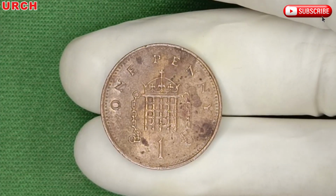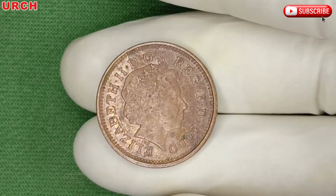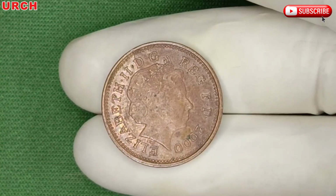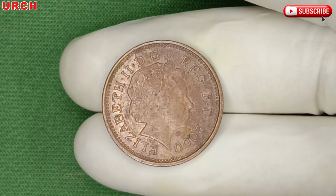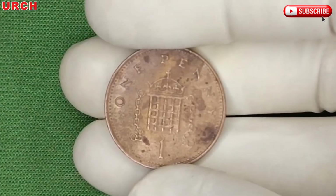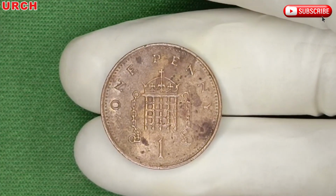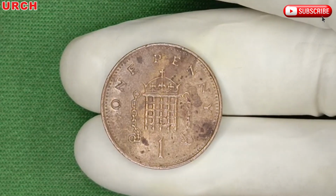Beyond rarity and error, there's the emotional connection. The 2001 penny represents the end of an era, the last breath of the 20th century and the birth of the 21st. It carries within it the legacy of Queen Elizabeth II, whose reign spanned more historical events than any British monarch before her. Holding such a coin feels like holding time itself, a bridge between generations, a tiny monument to continuity. Its design, simple yet iconic, connects modern Britain to its medieval past, echoing centuries of coinage that carried the faces of kings and queens through wars,